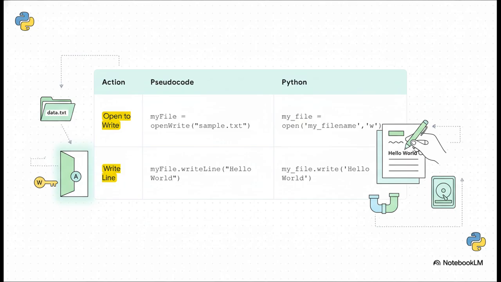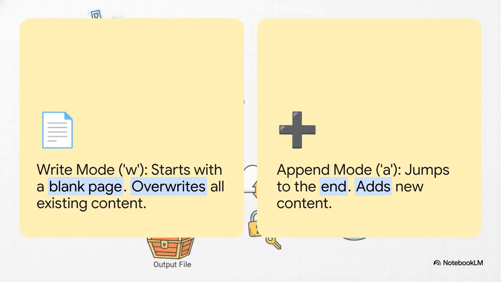You just give it the text you want to save. Now, this is maybe the most important distinction you need to get straight in your head for the exam. Think of W mode as getting a brand new, completely blank page. It wipes everything. But A mode is like finding the last sentence in your notebook and just continuing from there. Mixing these two up is a classic mistake that can accidentally delete all your data, so always, always double-check your